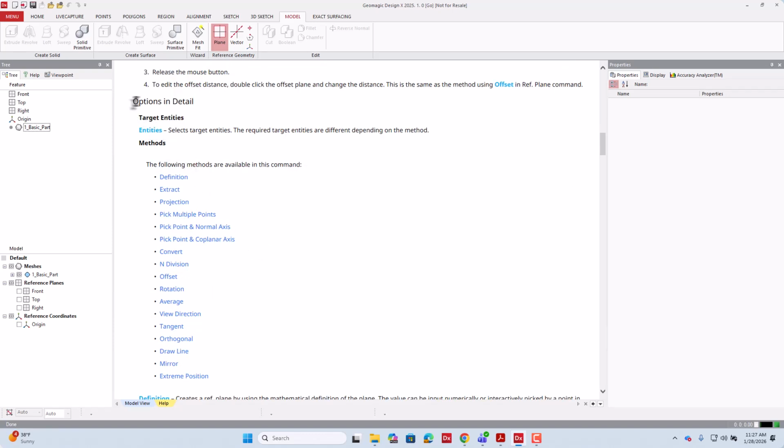So the options in detail say what each of these methods is, and if I want to understand